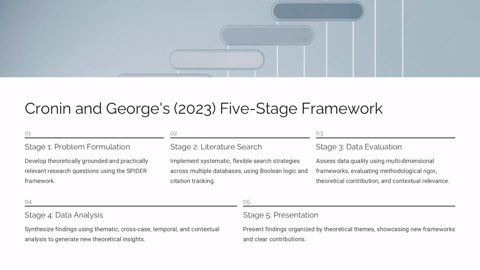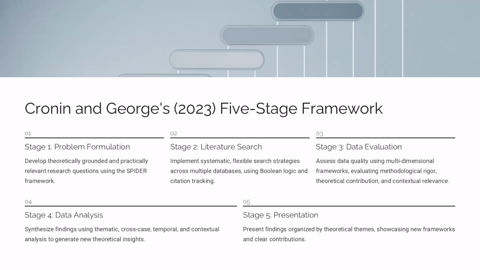Stage 2, literature search, involves developing and executing a systematic but flexible search strategy that balances comprehensiveness with practicality. This requires multi-database strategies, advanced Boolean search techniques, citation tracking (forward, backward, and lateral), and application of the saturation principle, continuing searches until new searches yield minimal new relevant sources. The goal is not to find every possible study, but to find all studies that could contribute to your theoretical